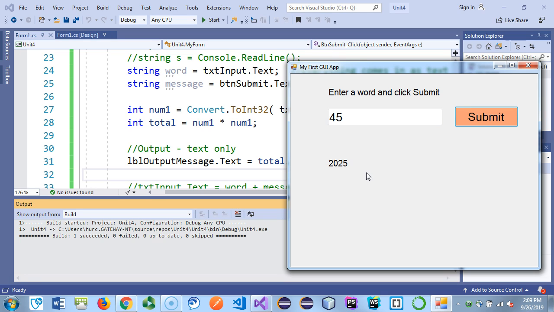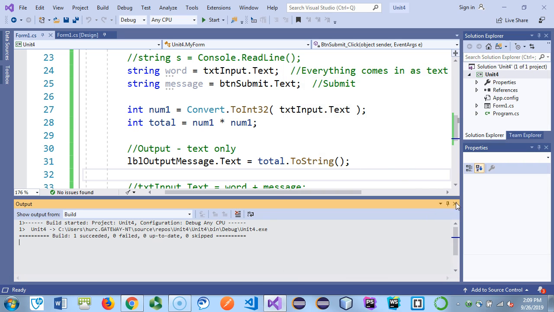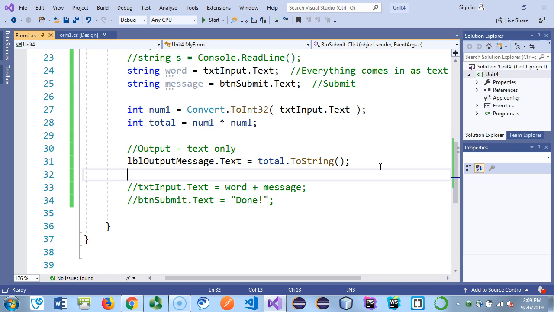The next thing is, let's just say I want this number to be displayed as dollars. Not just this number, but dollar values. How do you do that? There are a couple of ways. The easiest way, which I will show you and which is also recommended, is to put right inside this ToString function, if this is a number and you want to format the number to have a dollar sign,